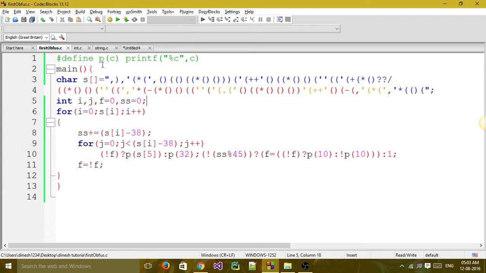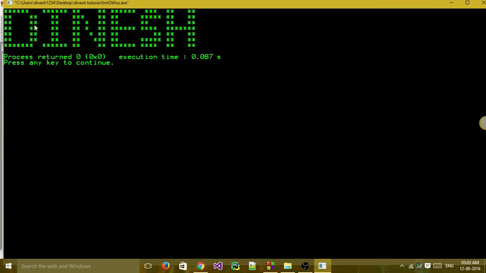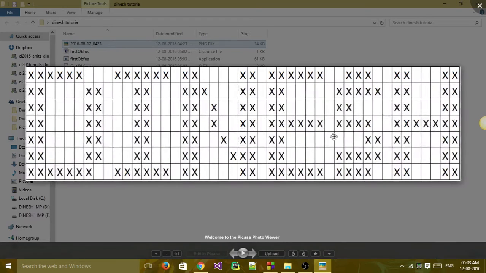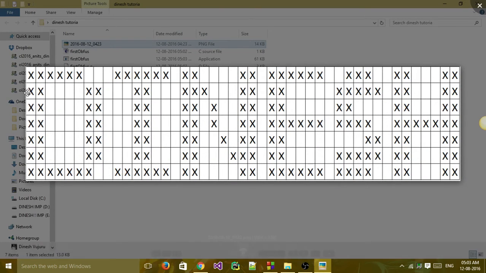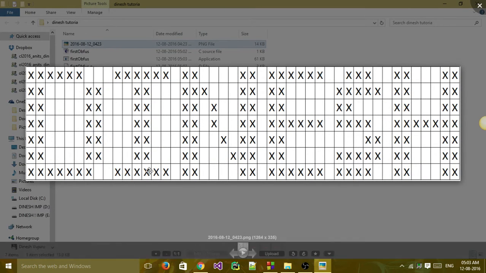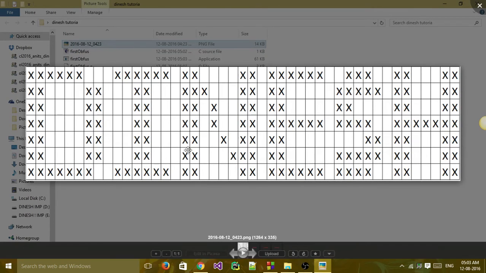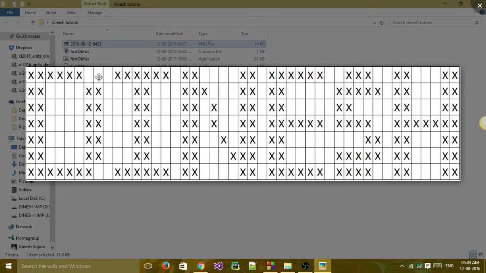If you see the output, it can be viewed as a multi-dimensional array. Let me show you that. This is the multi-dimensional array. If you see, this is D I N E S H. So this multi-dimensional array contains only blanks, spaces, and X. No other character is there in this multi-dimensional array.